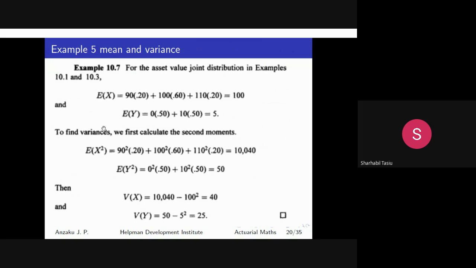Going forward, when we use the formula for the mean, we multiply, that's E of x. We have gotten the mean already. But to get the variance, remember I said that if you expand the formula for the variance, you get the expectation of x squared minus the expectation of x, all squared. So we're squaring both the expectation and that value.